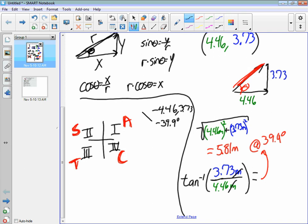And that's, of course, degrees. That's for this guy. What would that look like if I were to draw it out? It would look like this. Why is it negative? Because your calculator doesn't really know what to do with the information. I mean, that's a simplified version. If I were to draw this vector and I say, oh, the angle going from here to here is positive 39.9 degrees, your calculator is referencing these angles from the x-axis, and it will take the shortest route. So going from here up to here